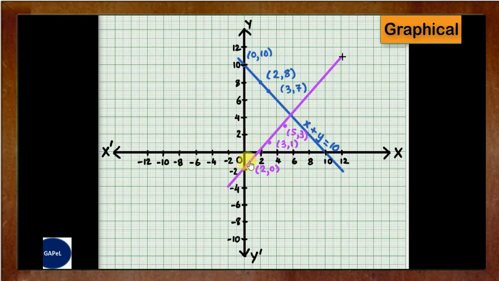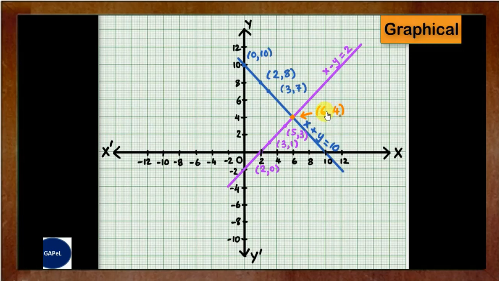Now I got 2 axes and they are meeting at one point, isn't it? So this is my second equation, x minus y equal to 2, and this meeting at this point, and this point if you see, this is 6 and this is 4. So x equal to 6 and y equal to 4. That means we got value of apple as 6 and oranges as 4, and this was the answer we are looking at. Correct? This is the answer which we are looking at.